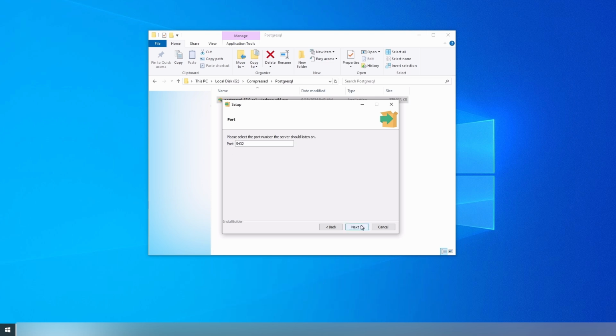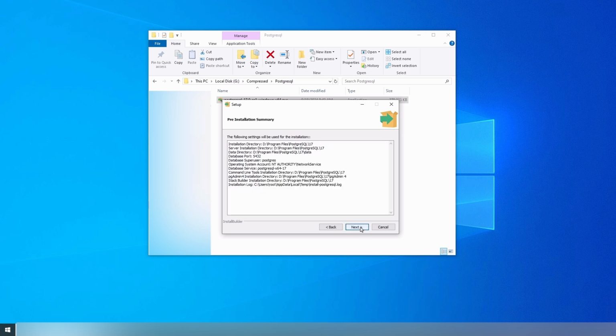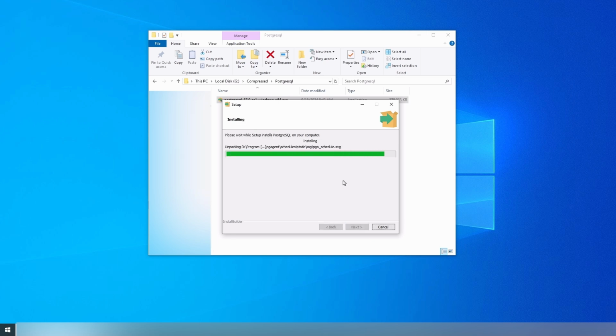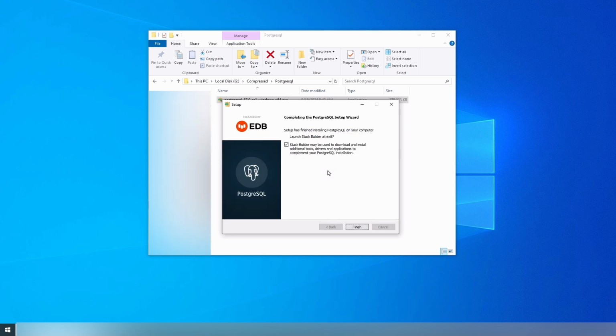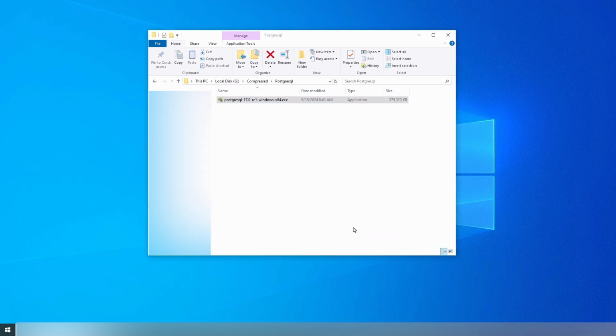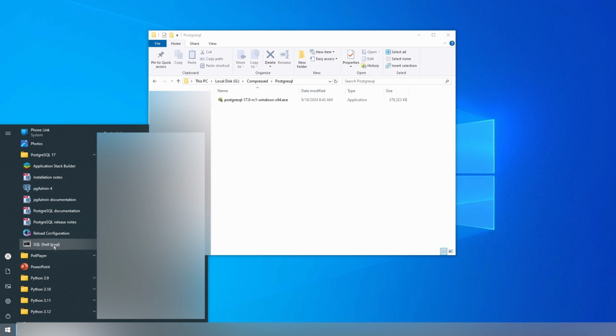Next, you have to specify a particular port. I leave it as the default one unless you have a reason to change it. And for this one, you can choose a different locale. I choose the default one again. And finally, I hit next to actually install PostgreSQL. Finally, I uncheck the option for Stack Builder to download and install additional tools for me because we don't need it right now. Now, if you open the Start menu, you'll see under PostgreSQL